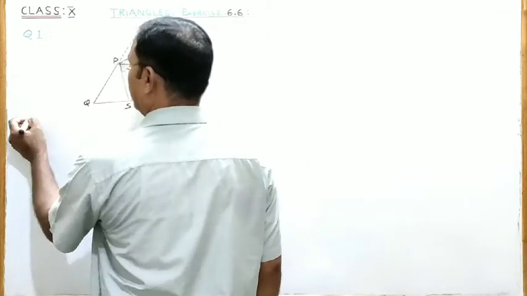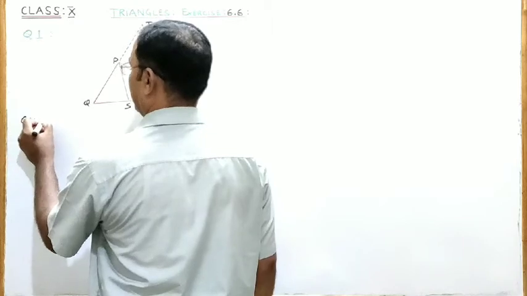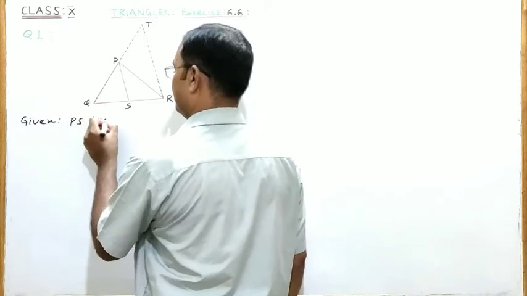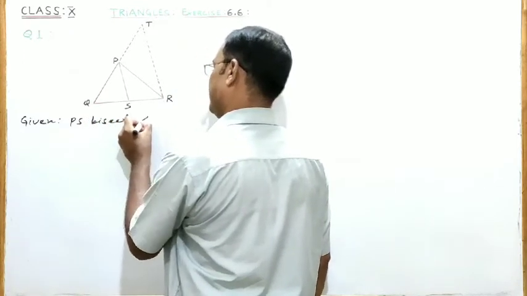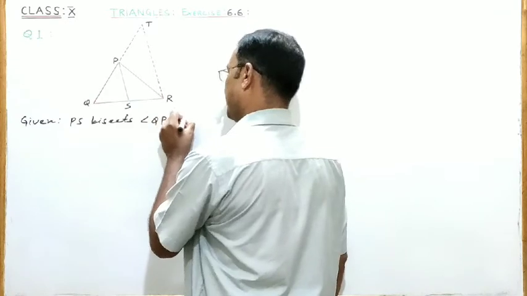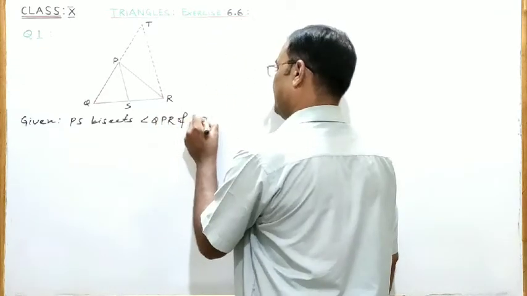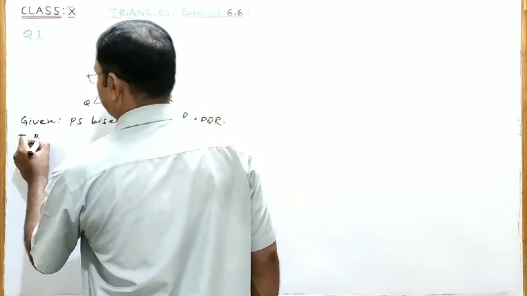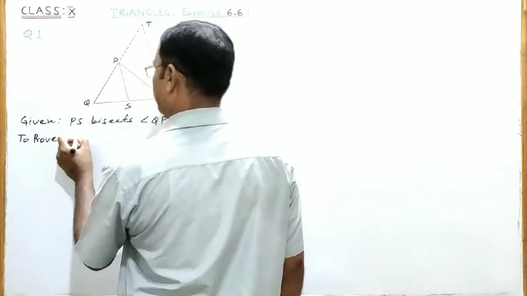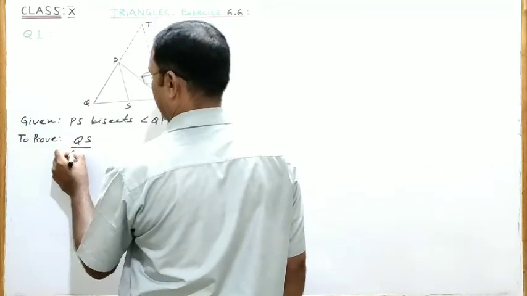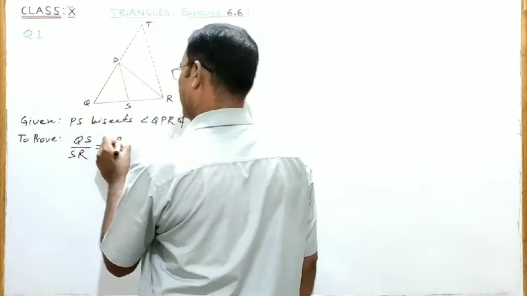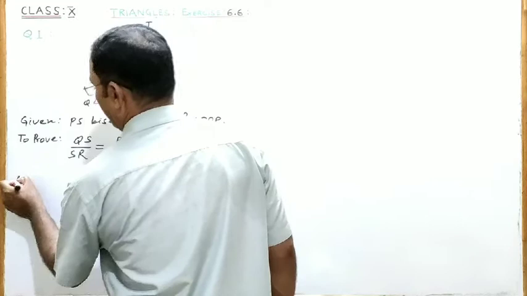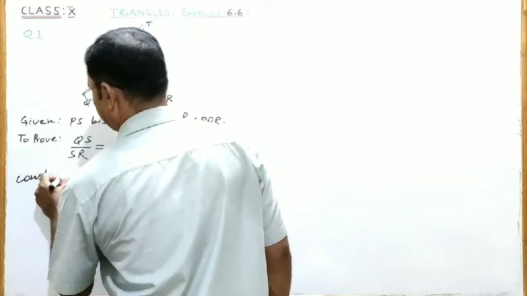So let's write given: PS bisects angle QPR of triangle PQR. To prove: QS by SR is equal to PQ by PR. To prove this result,